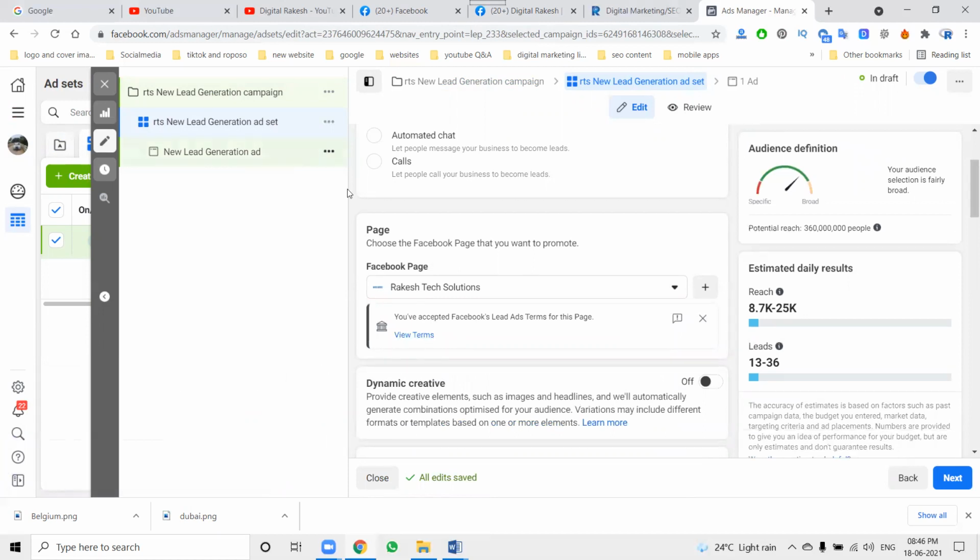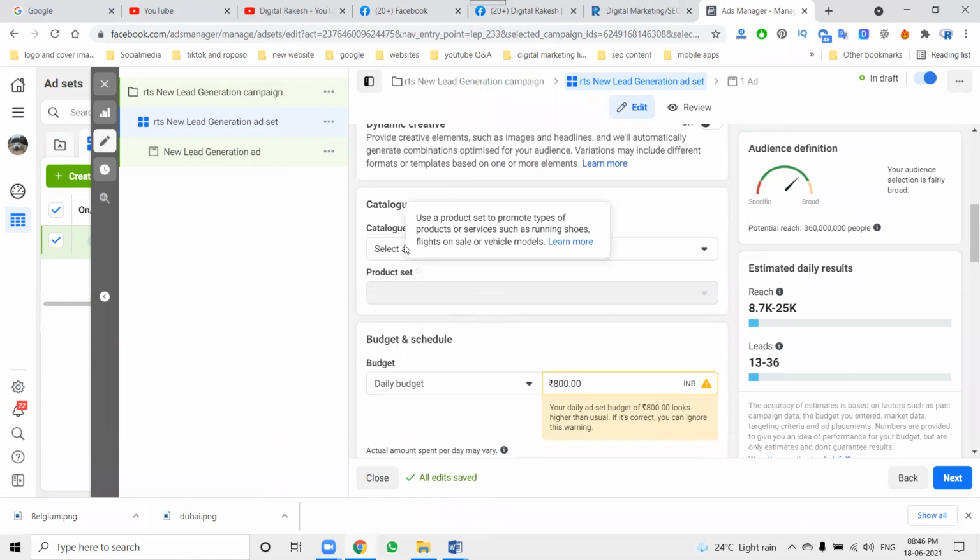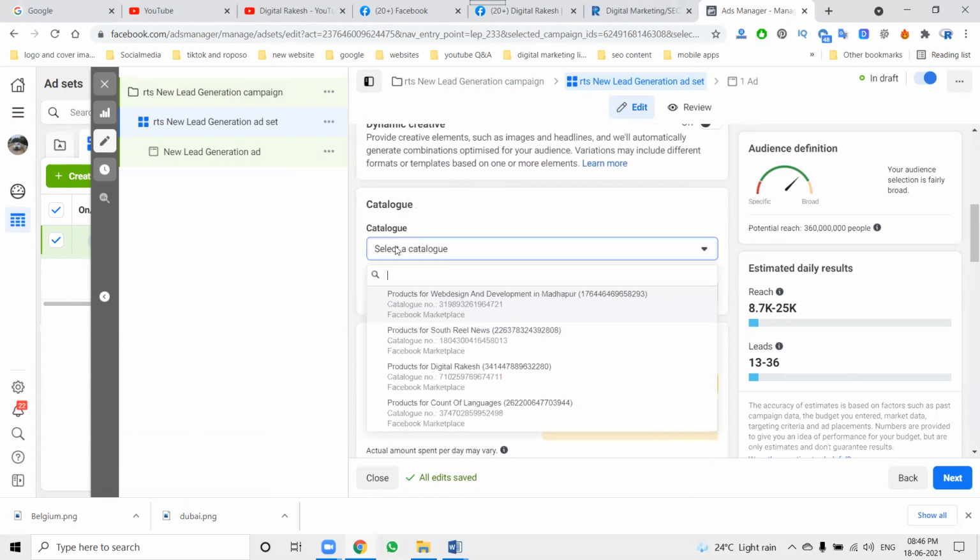If you have not accepted the terms and conditions, the lead generation form will not be accepted here. Just one click to accept the terms and conditions. After that, if you need any kind of catalogs, products, web design development, nothing like that.